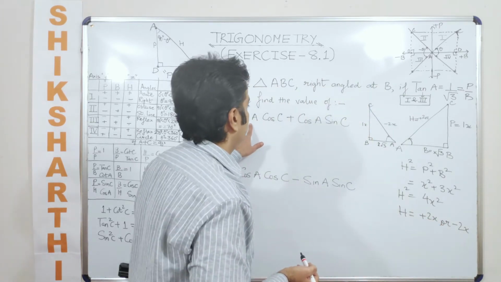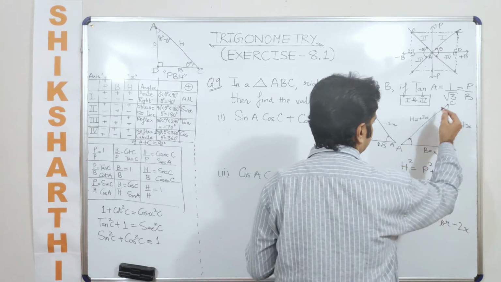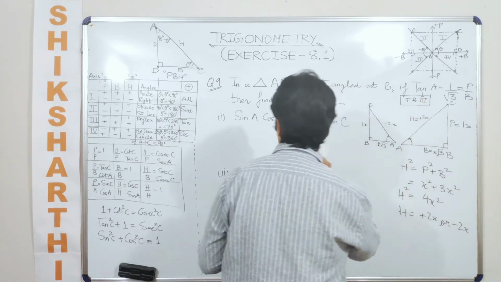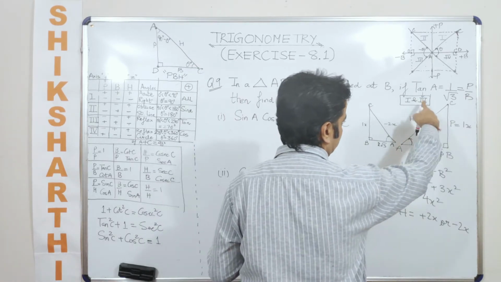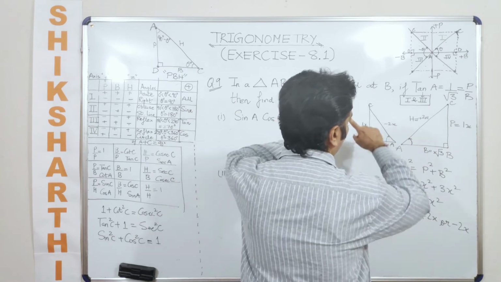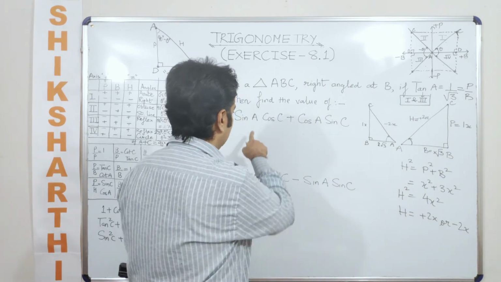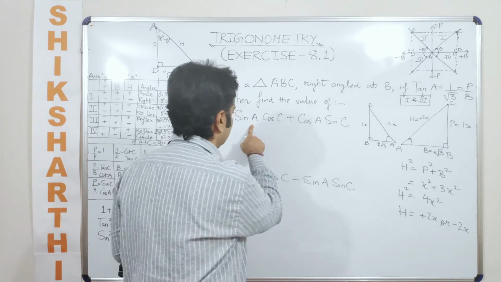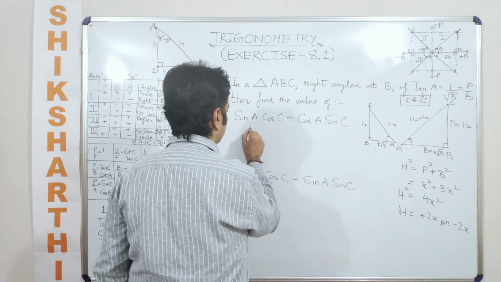Now can we substitute these values here? At a time we'll take only one case. So let us say first we are talking about the first quadrant only. We'll take up the basic values in which we know that in the first quadrant all the trigonometric ratios are positive. For example, how much is sine A here? Let me first write down the PBH concept here. So sine A is perpendicular upon hypotenuse